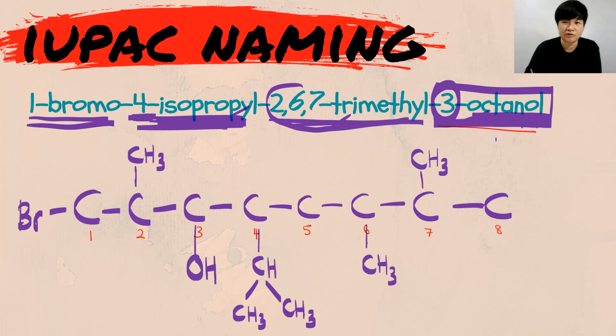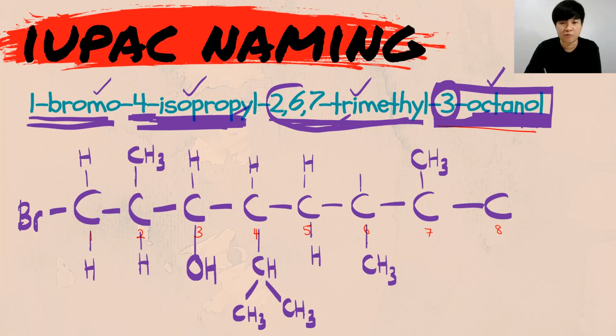No, you are not done yet. You are only done with the name of the parent and each of the substituents that you have. But the carbons do not have enough bonds yet. So make sure every carbon that you have on the screen right now has 4 bonds. Those that don't have enough, you will put in more hydrogen. So complete each of the carbons with 4 bonds. And that is how we get the complete drawing of your organic compound. Okay? Simple. Easy. And always remember, hydrogen is the last thing that you put in to complete the 4 bonds